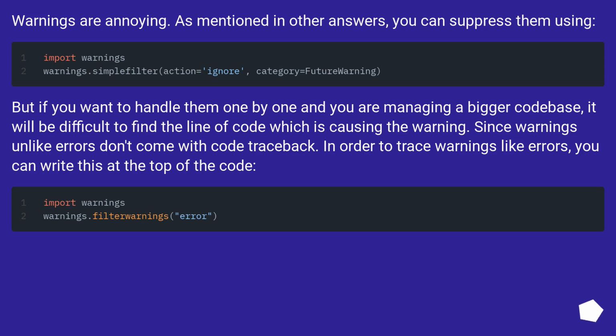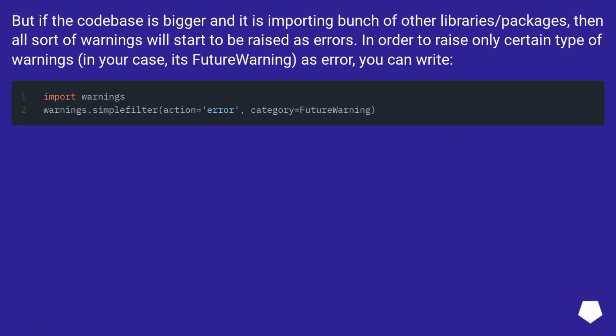In order to trace warnings like errors, you can write this at the top of the code. But if the codebase is bigger and it is importing a bunch of other libraries/packages, then all sorts of warnings will start to be raised as errors. In order to raise only certain types of warnings, in your case, it's FutureWarning, as errors, you can write